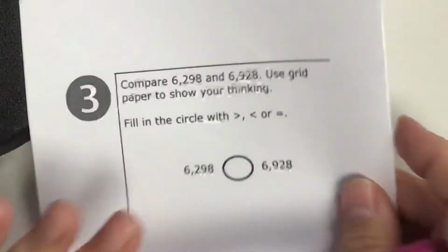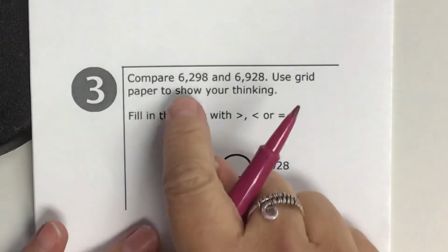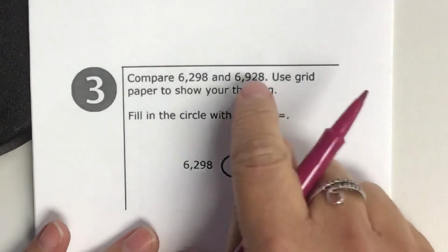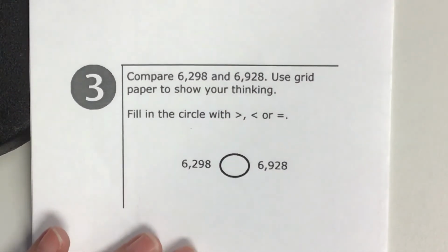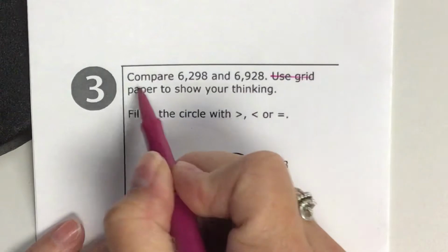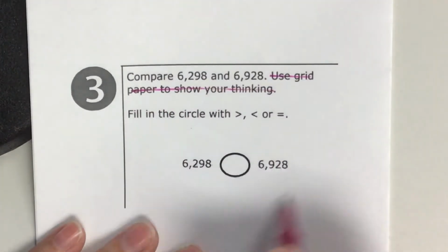Number 3, compare 6,298 and 6,928. It says use grid paper. You don't have to do that. We're just going to do